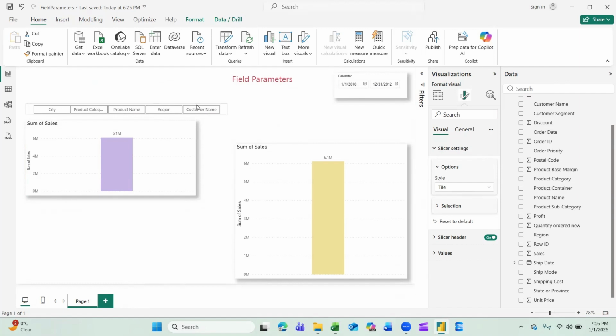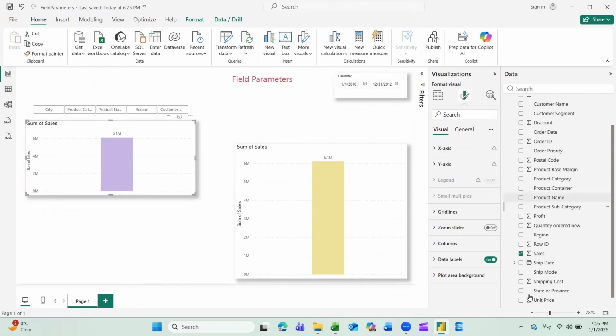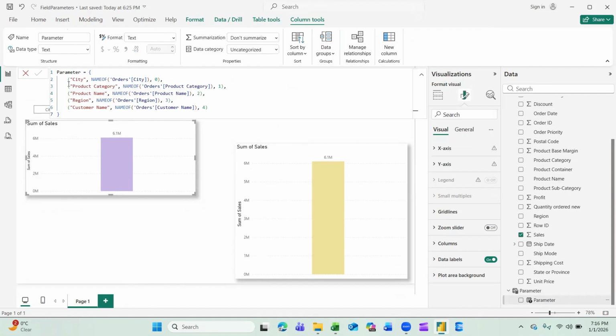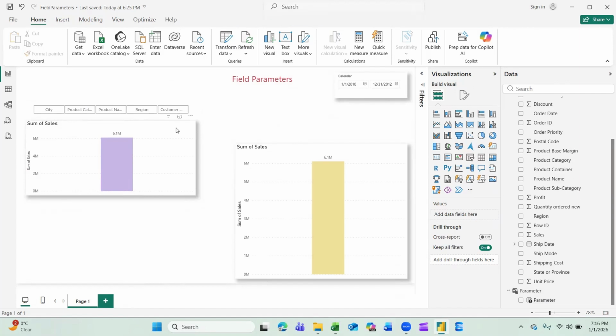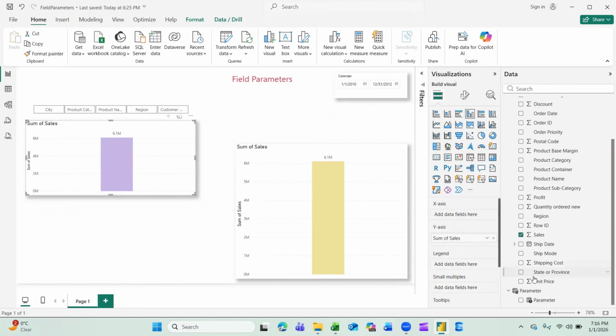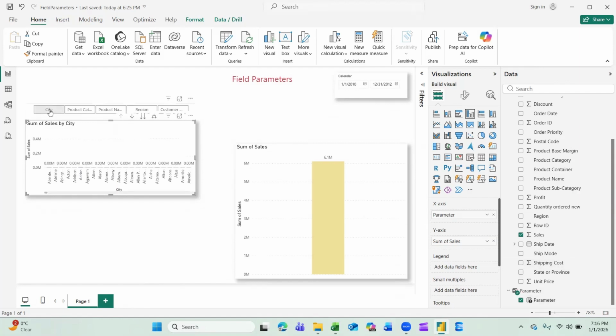And now in order to connect it to our graph, we just need to go here. We see the parameter, the new parameter created. So we have the order from 0 to 4. We have the names of the categories. So in order to connect it, we just need to go on the graph. On the axis, we need to add our parameter, new parameter, and now everything is connected.